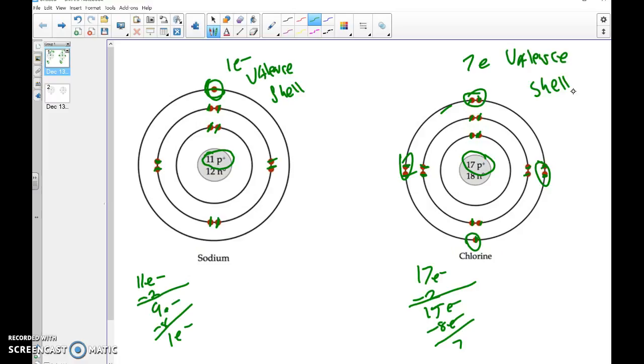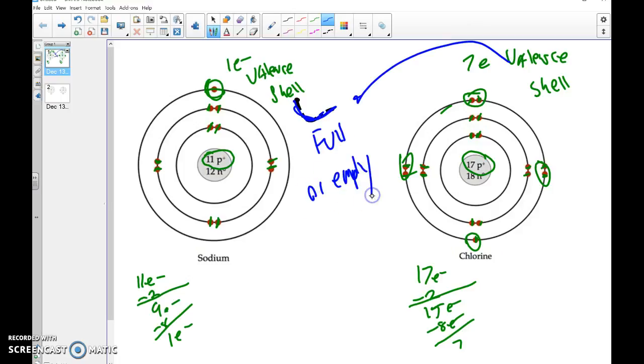And the valence shell is very important in determining the properties of an atom. And the reason that's the case is because this valence shell wants to be full or empty. And remember, for the valence shell to be full means 2 electrons in the first energy level, 8 electrons in the second energy level, 8 electrons in the third energy level. And so everything in nature is about getting things to full or empty,